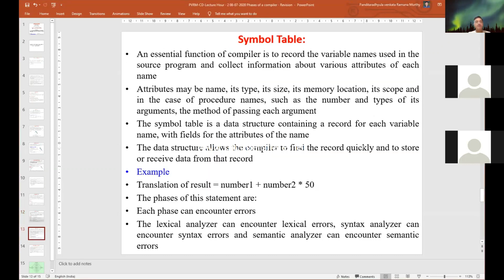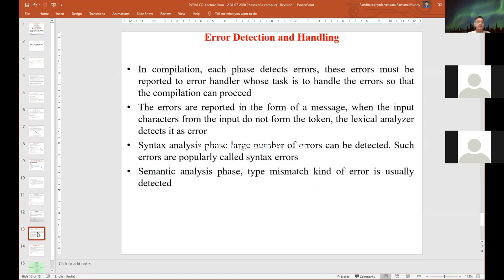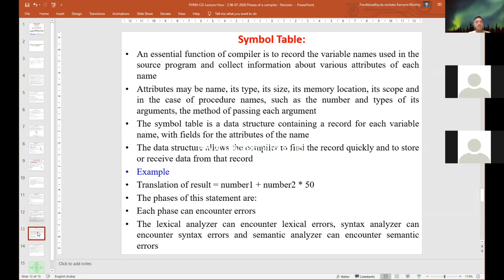Similarly, we identified the meaning of the symbol table. It is not necessary to write this in the examination, but as a part of the revision, the symbol table is an essential function of the compiler to record the variable names used in the source program and collect information about various attributes of each name. Attributes may be its name, type, size, memory location, and scope, represented by various scope rules and semantic rules.